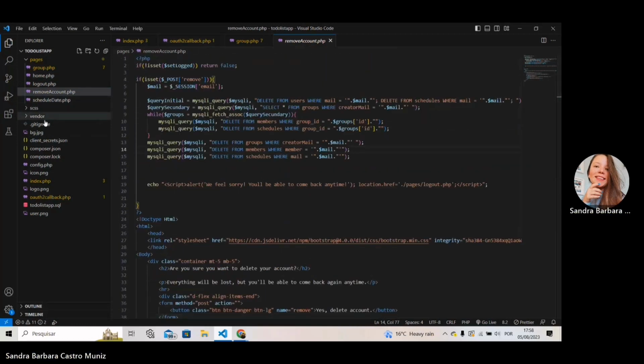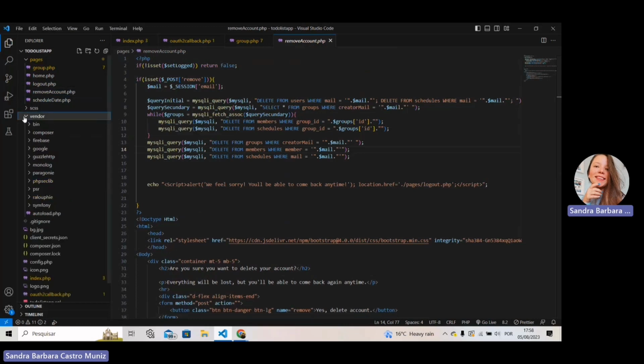And here, as I'm using the Google services, like for the login part, the OAuth API, it brings me the whole Google library, which is this folder here, which is great. So it made it easier to do the implementation of the Google Agenda once I had the whole Google library